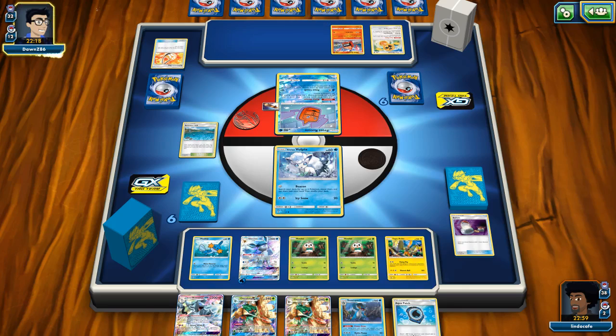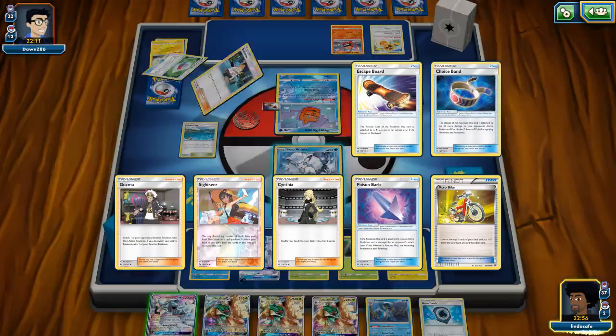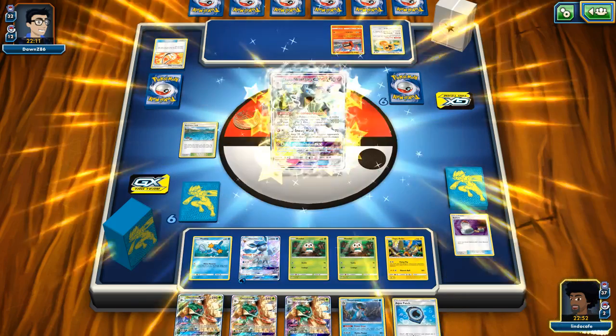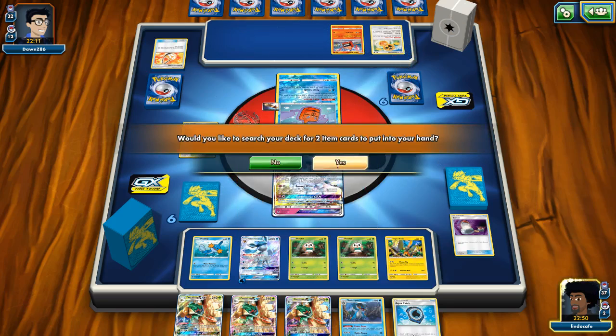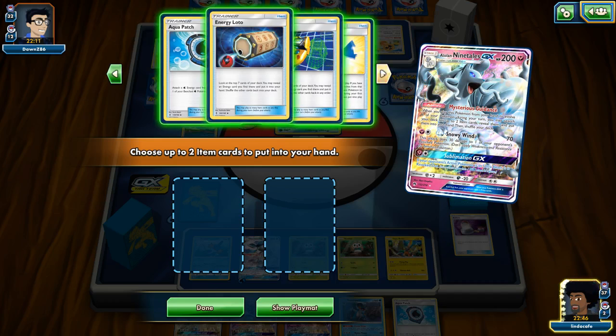I think he has the allotted 9 items. Oh, no, he does not. So he doesn't attack. All right, so let's get that in there. And we're going to get ourselves 2 rare candies. So the reason why I'm going to get